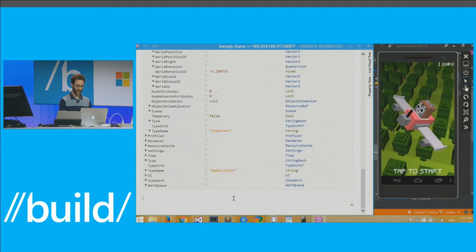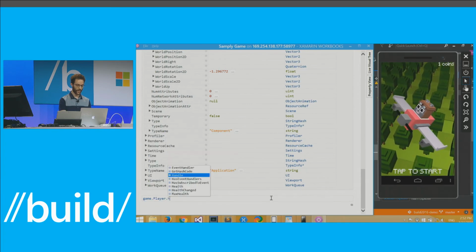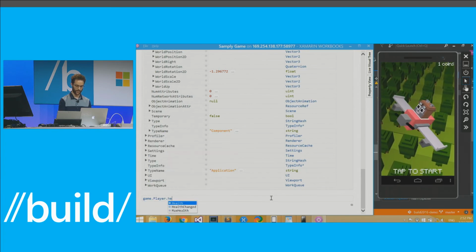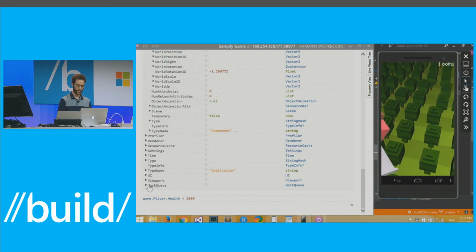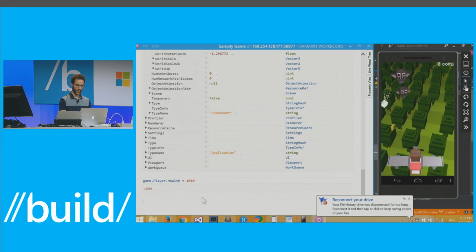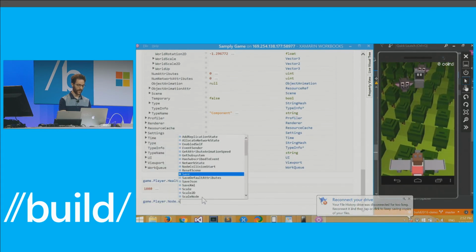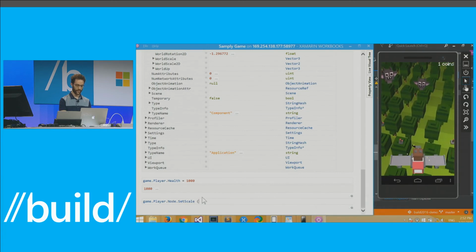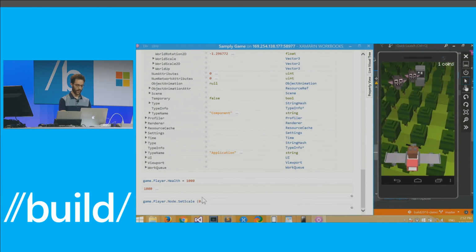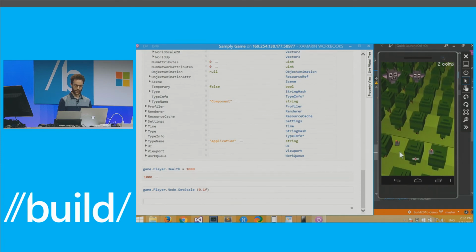So if we wanted to mess with it, we could change the player's health value to be a little bit bigger too. Let's do that actually. Let's make me have a lot of health. And then while we're going to live forever, we can start messing with the scale of the node. So what was it, 0.85? So let's try something else. Let's try 0.1 and see what that looks like.